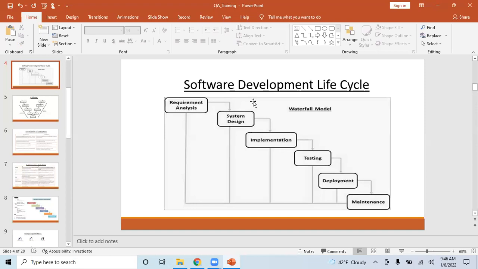So it's important to understand this. Somebody may ask, do you have a BRD or do you have an SRD? Some might ask in interviews. Even though nowadays nobody is following those, nobody is asking customers to give a business requirement document.